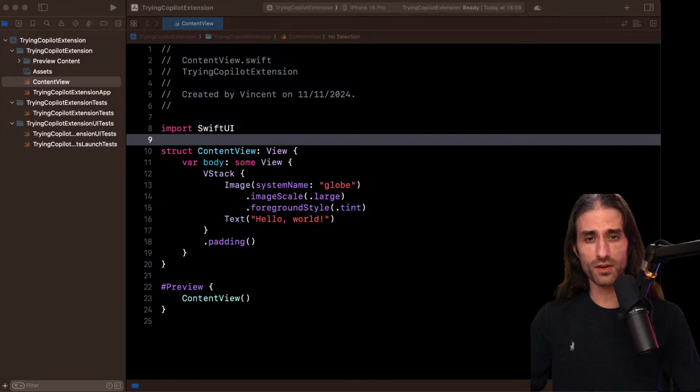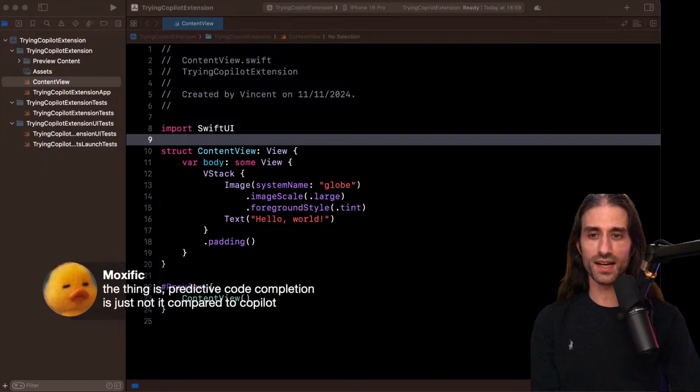However, I have another Mac which runs on Sonoma, so the previous version, and I couldn't log in the extension. Like I could open the GitHub page, log in, put the OTP, the one-time password that the extension gives you. It would say login successful, but the extension would never refresh and say, hey, you're logged in. So if you're on Sonoma and it doesn't work, maybe it's a problem that is common to more than me. So if that's the case, well, try to update to Sequoia, because at least on Sequoia, it's working.